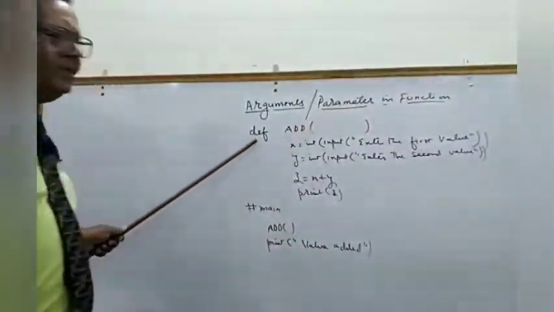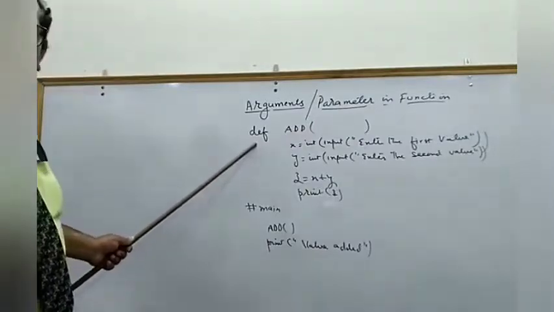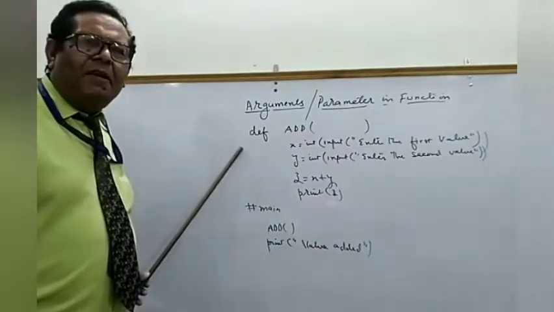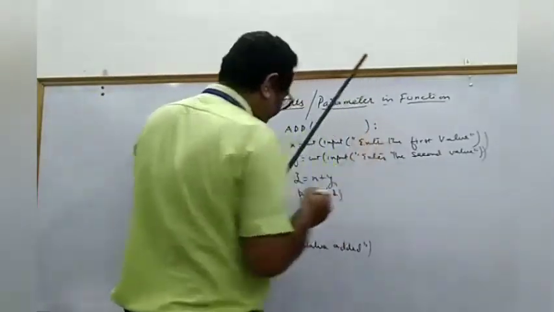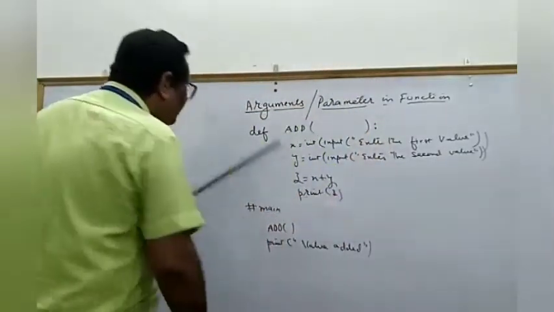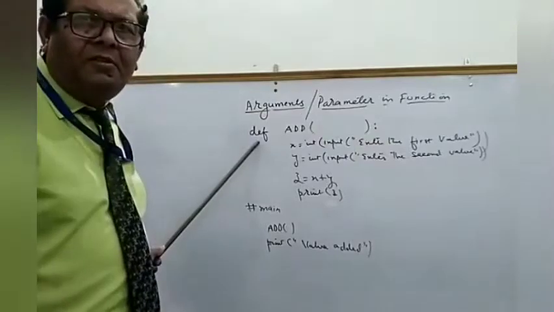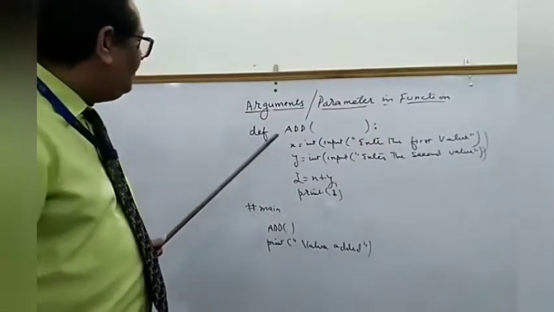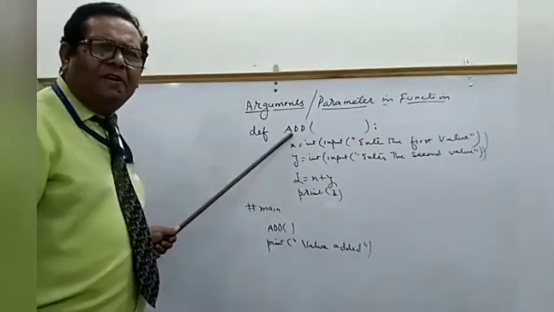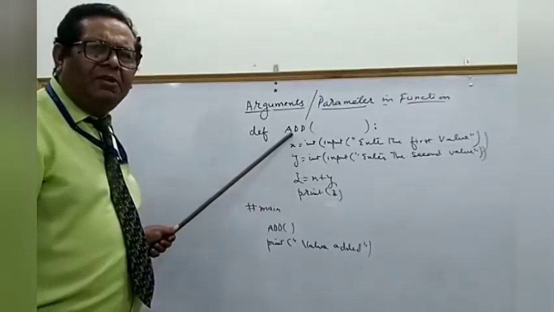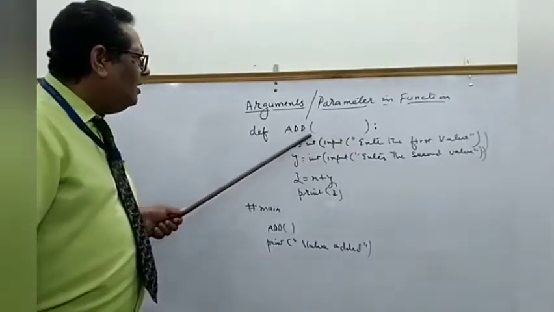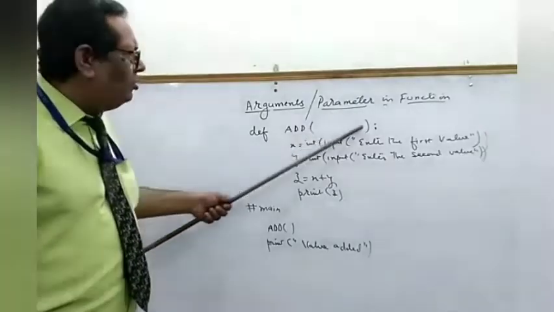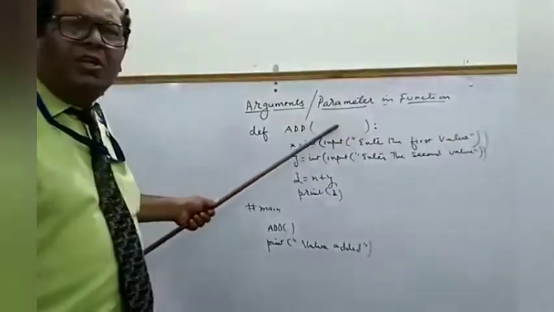Now here you can see the def, the keyword which tells that from here the function definition begins. About this I told you in the first video. Second comes the name of the function. About this also I have given you the information. Now this is the place between the opening parenthesis and the closing parenthesis. It is a place for you to give the arguments.